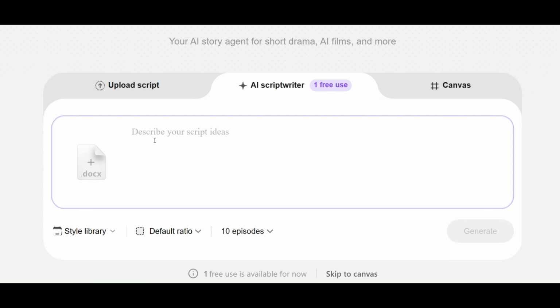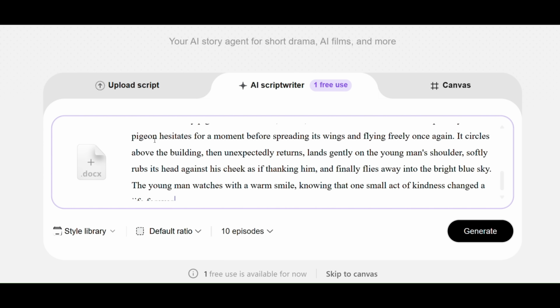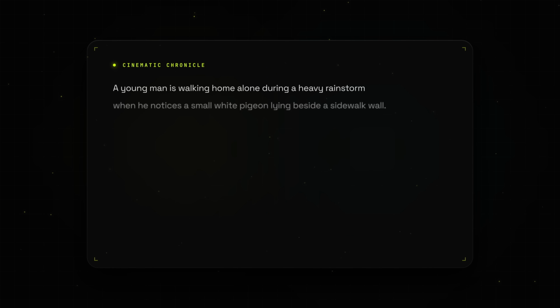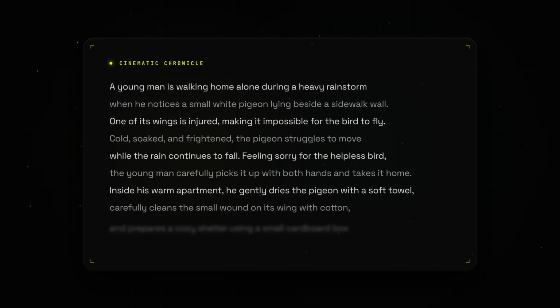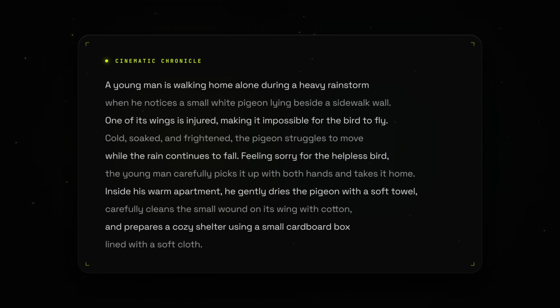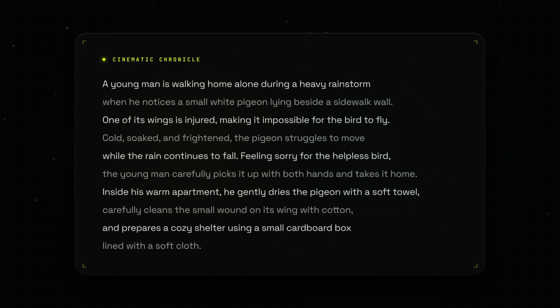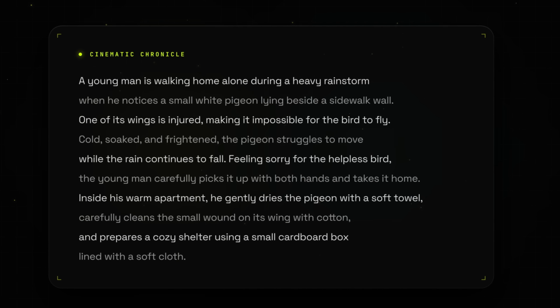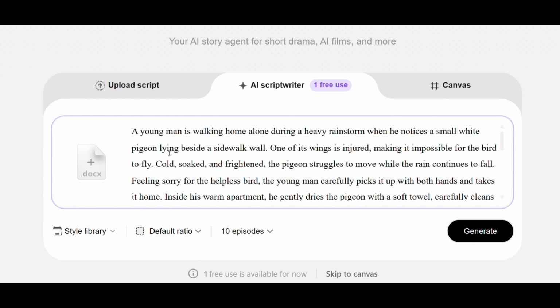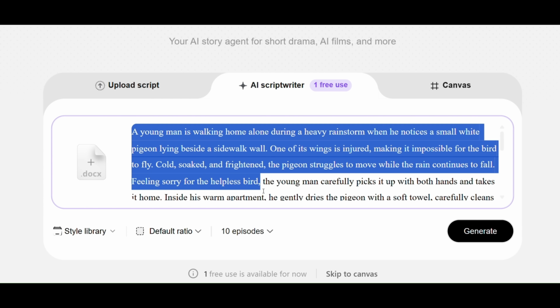I'll paste in a short story idea instead of a full script. A young man is walking home alone during a heavy rainstorm when he notices a small white pigeon lying beside a sidewalk wall. One of its wings is injured, making it impossible for the bird to fly. The man carefully picks it up with both hands and takes it home. This is the only idea I'm giving the AI, and you'll see how it turns this simple concept into a